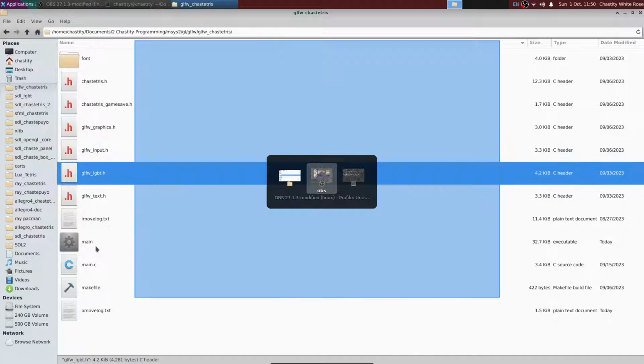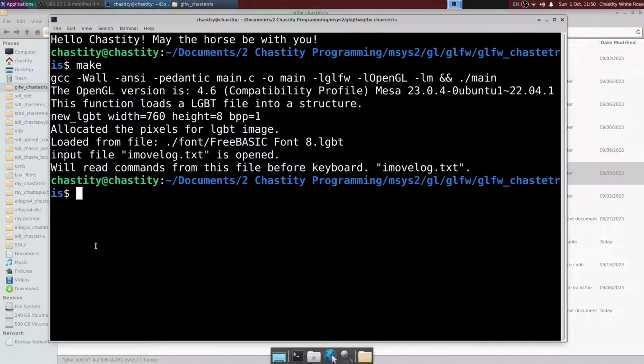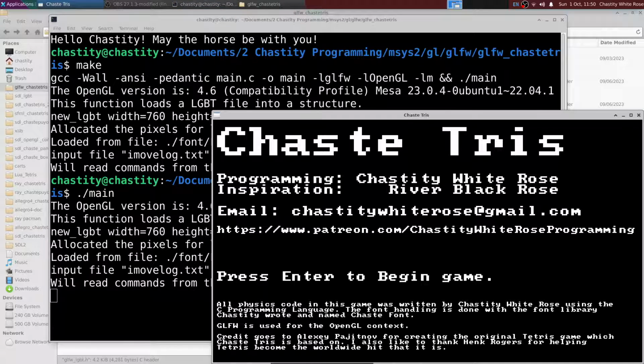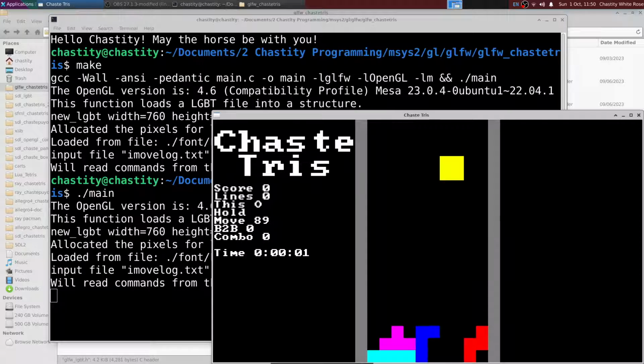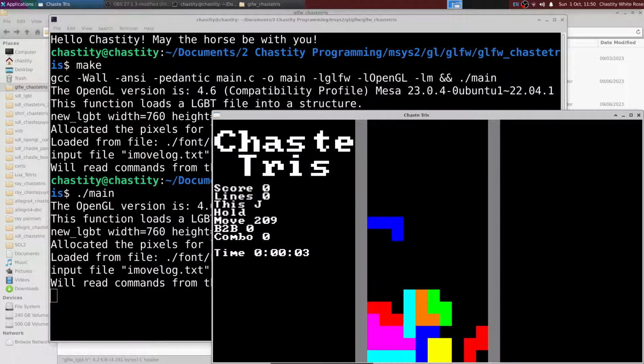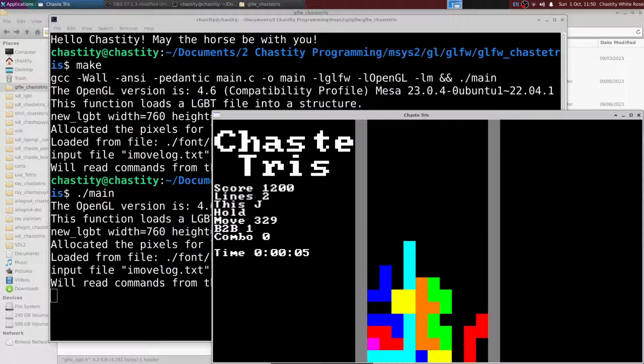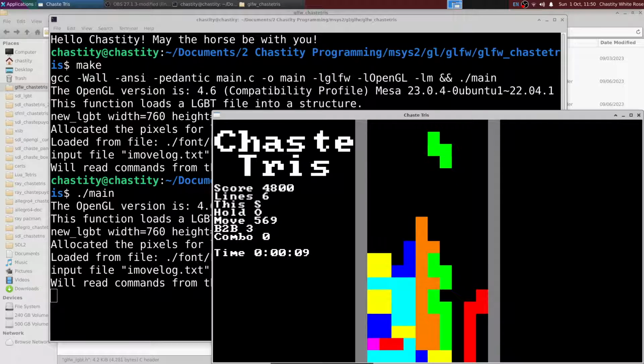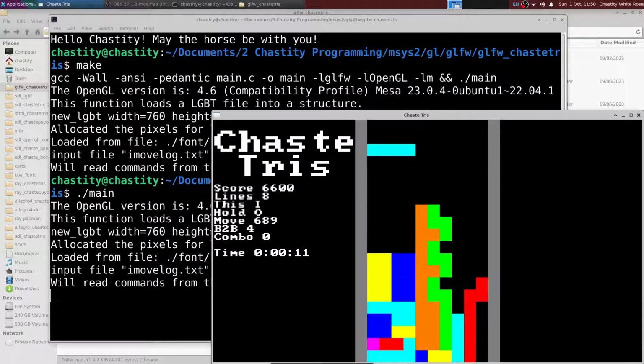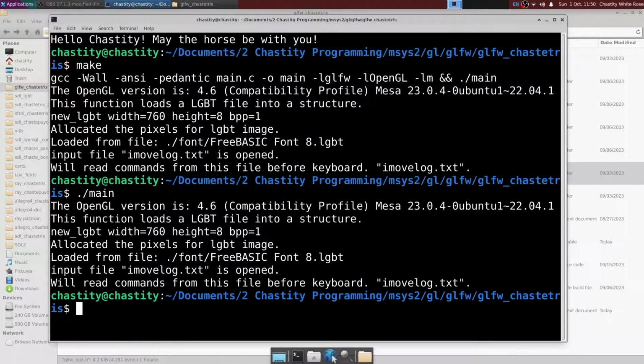So when we're talking about the text itself, as you can see, it works. It draws all the text, and I have a similar system no matter which library I'm using. But this is specifically made for legacy OpenGL. It draws all that text because the text is a super important part of the game, obviously. But the blocks themselves are where the real magic is at, because